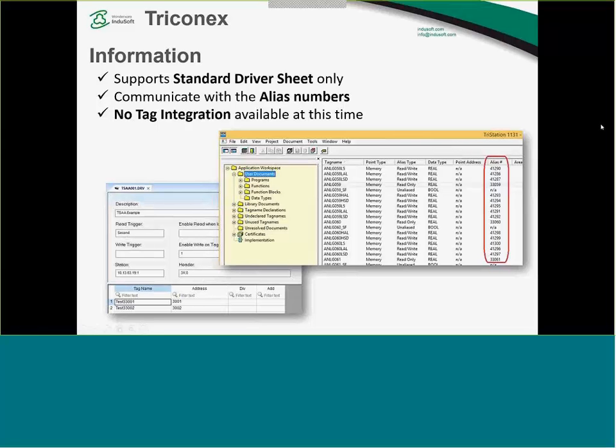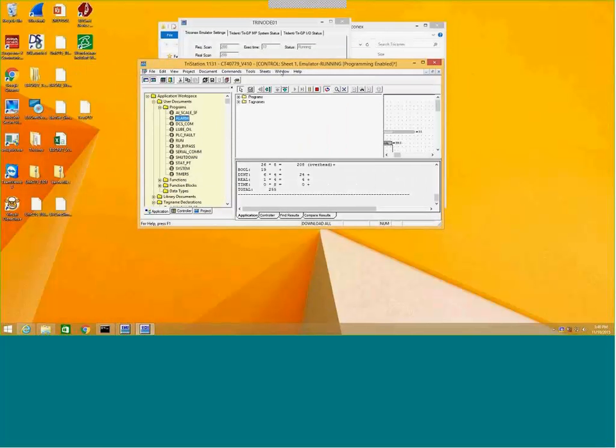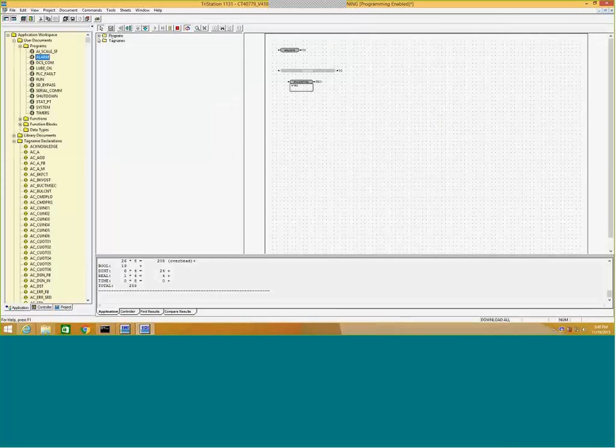And we communicate with the alias numbers, these numbers here. Those are the ones that we communicate with. So when you are configuring a TSAA PLC and going to have InduSoft Web Studio communicate with it, as you declare the variables, you have to declare the alias number following the same rules that you follow with Modbus. So on a quick demonstration, I'm going to connect to one of my machines here where I do have the Triconex programming software called TriStation 1131. So it has a few programs running there, and if you open here any of the variables that we have configured,